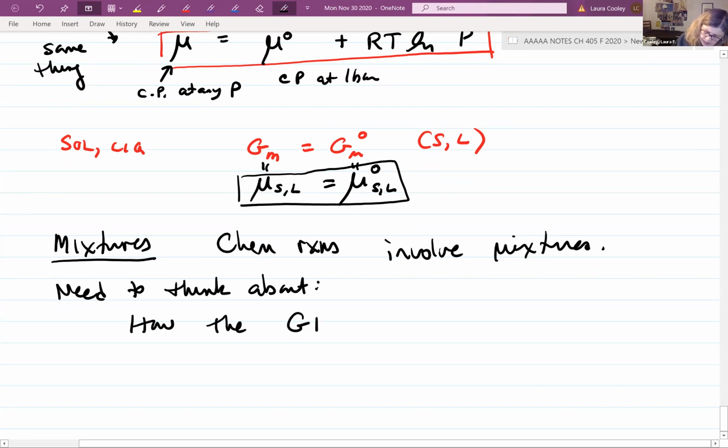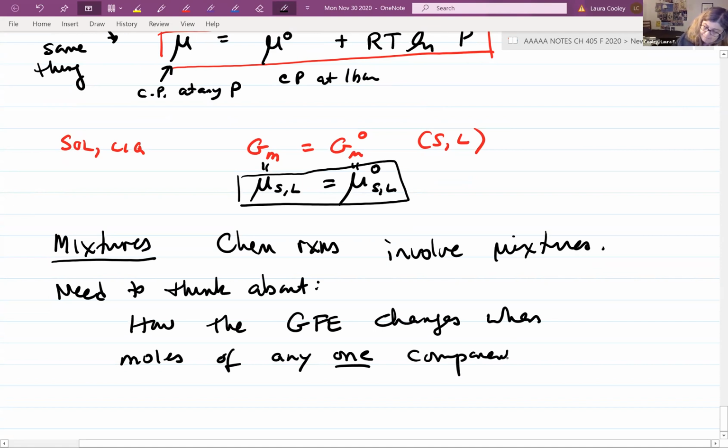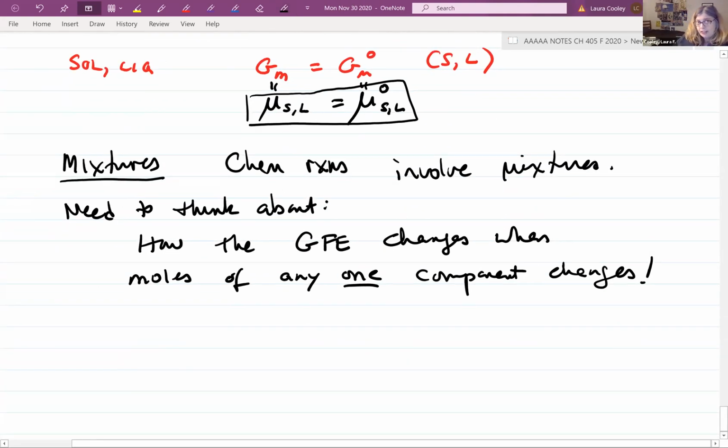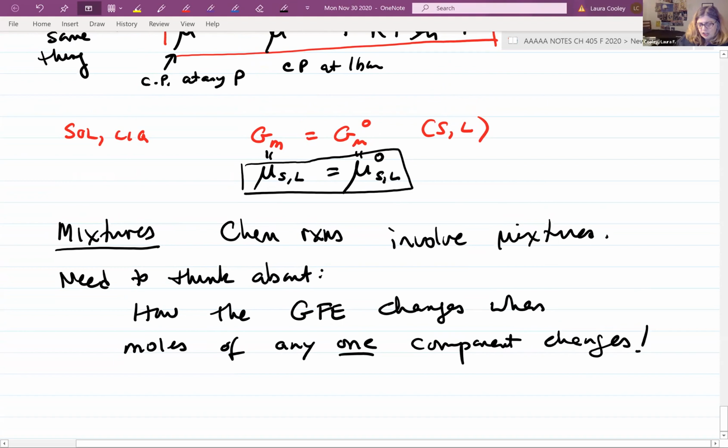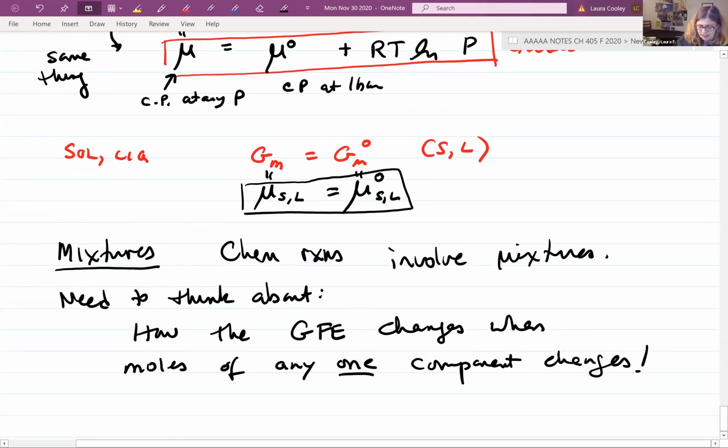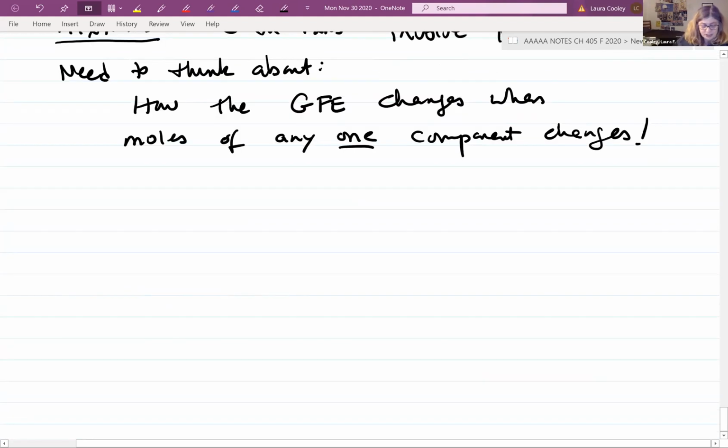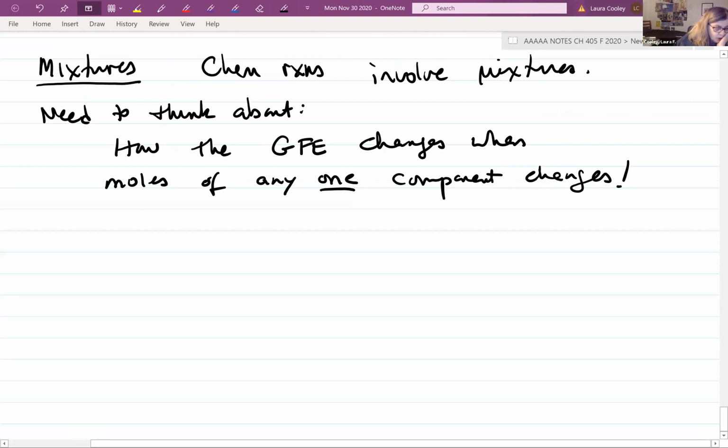How the Gibbs free energy changes when moles of any one component changes. And so the definition of the chemical potential has to change, right? The definition of the molar Gibbs free energy, if you will, it's going to change when you have mixtures. So